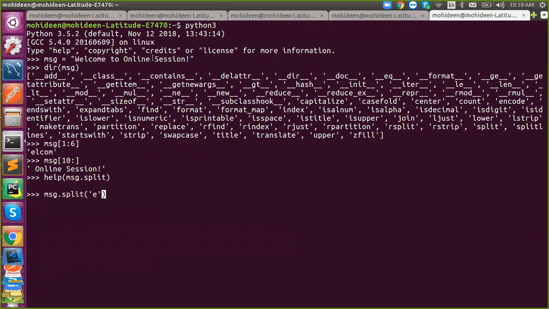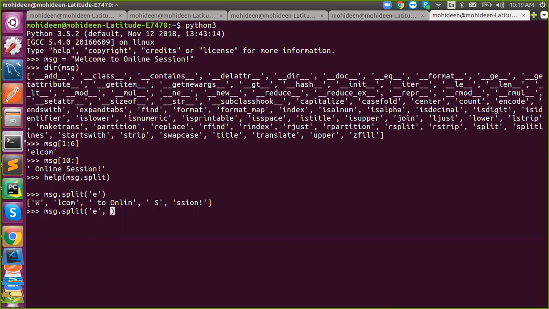Got it? And again e occurs, so you will get till this and the rest, and again e occurred, so you will get till this and the rest of that. This is how split works. Just assume, if you are cutting your fruits with the help of a knife, the place where you are initiating the cut will be destroyed, right? The similar logic. When you want to cut at the e position, this will be destroyed, so you will get the rest of the content. That's it. And if you don't specify any maximum, it will go till the end.